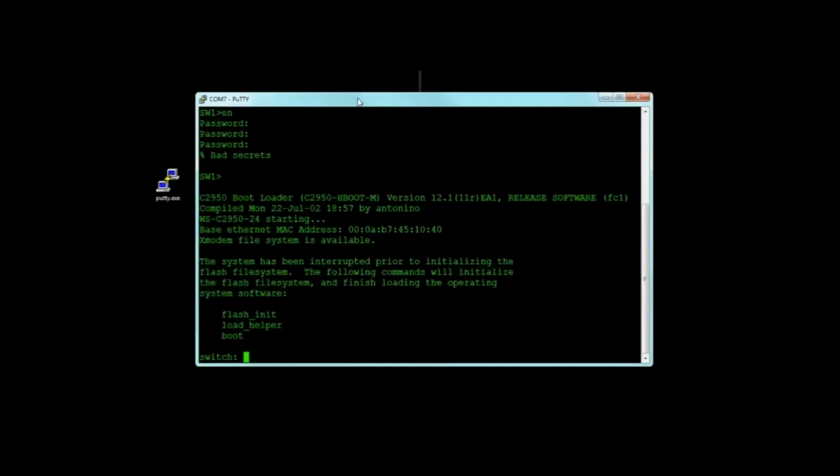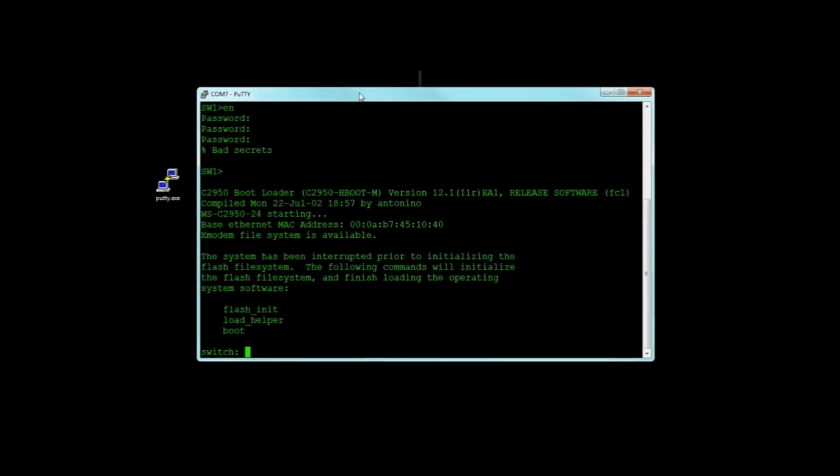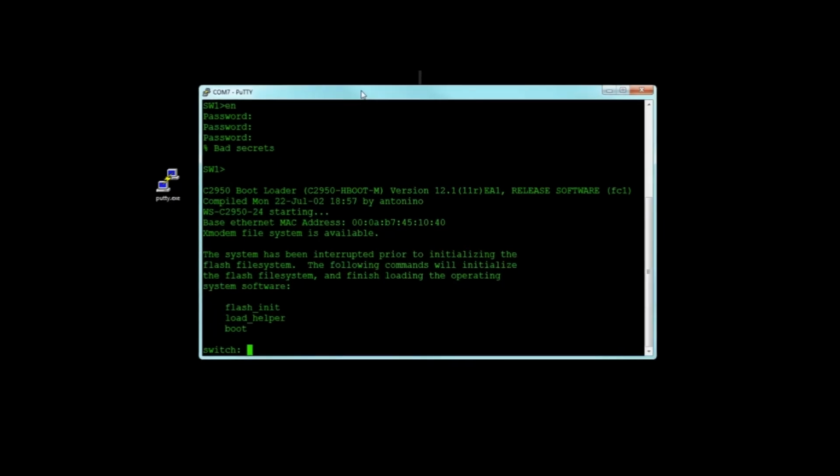So we're consoled into our device, we pull up PuTTY, and you'll be in ROMMON, or ROM Monitor, which is basically a bootstrap program that initializes the hardware and boots the Cisco IOS software when you power on or reload the device. So if you have issues with your software or you need to reset your password,